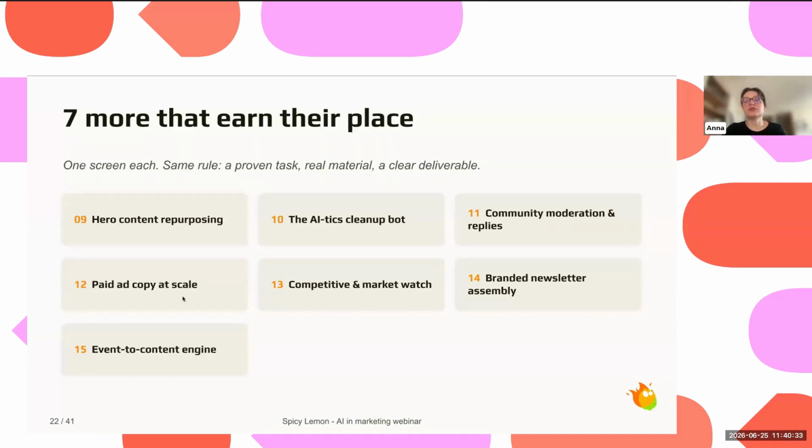It's also very useful to create paid ad copy at scale. Something I see a lot today is people creating one campaign in one country, and then you need to adapt it to other countries or to other formats. Using LLMs to adapt content into other formats, for other verticals, other countries, is super useful.